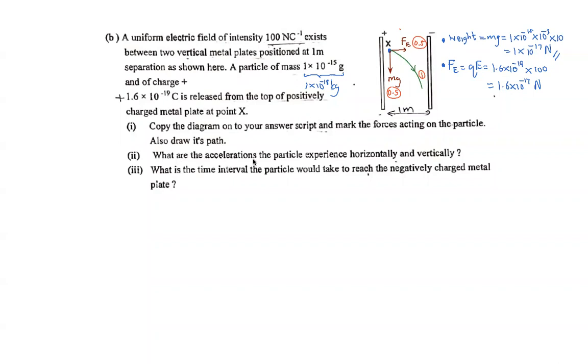And what are the accelerations the particle experiences horizontally and vertically? So let's find them out quickly. This is Roman 2. First of all, let's apply vertically F equal ma. There's only one vertical force, that is mg equals ma vertical. So m and m will get cancelled out. A vertical is equal to g, that is 10 ms minus 2. Simple. Horizontally, if you apply F equal ma,